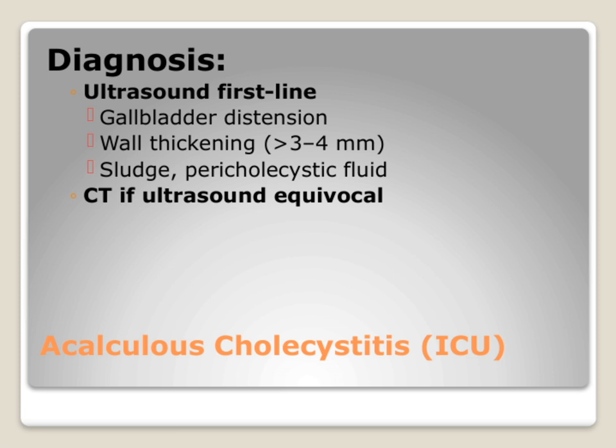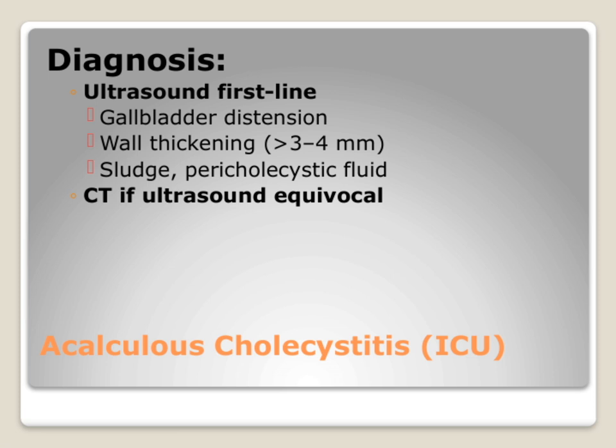diagnosis of cholecystitis. If ultrasound results are inconclusive or unclear, a CT scan can be very helpful. It provides more detailed images and can help us identify other possible causes or complications. Now, when we talk about acalculous cholecystitis, especially in ICU patients, the diagnosis can be even trickier because they often don't have gallstones. In these cases, the clinical suspicion combined with imaging findings like gallbladder wall thickening, distension, or fluid